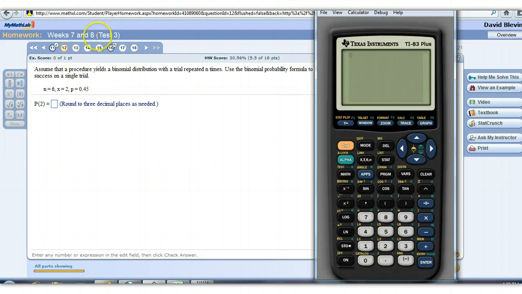Alright, this is the second part of the Test 3 material, week 7 and 8. I'm starting with question number 12 this time. The latter part of this homework set deals with a binomial distribution. So remember, the binomial distribution